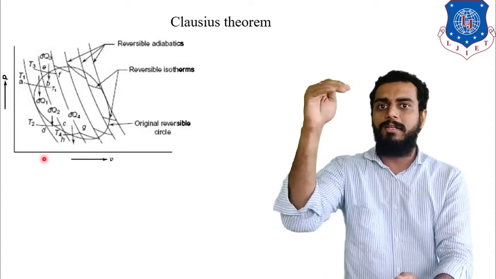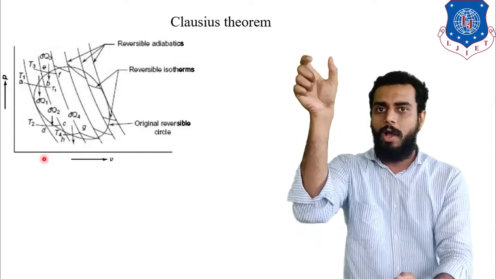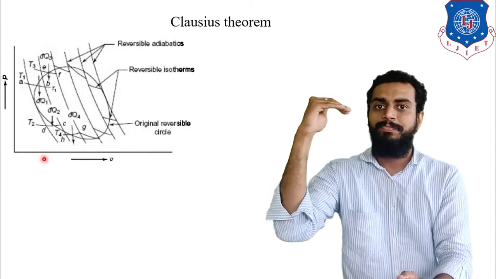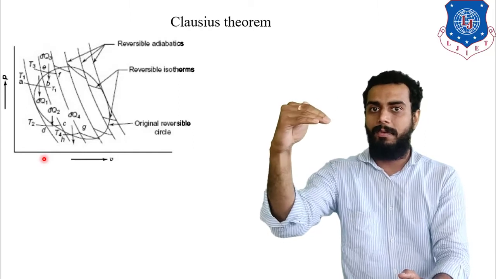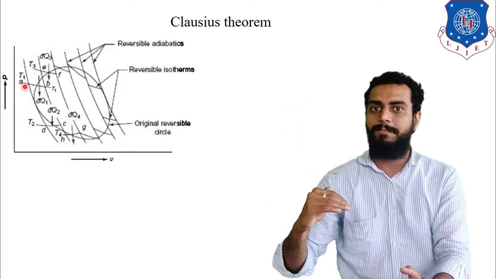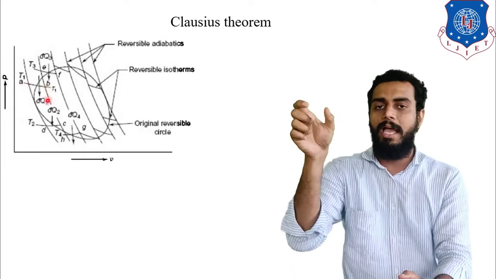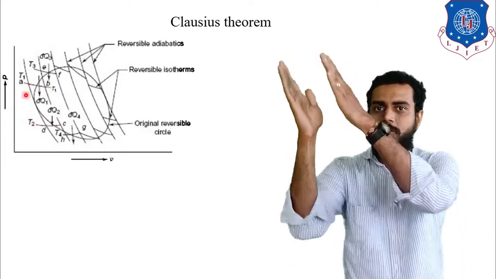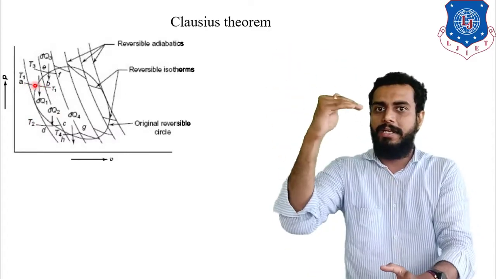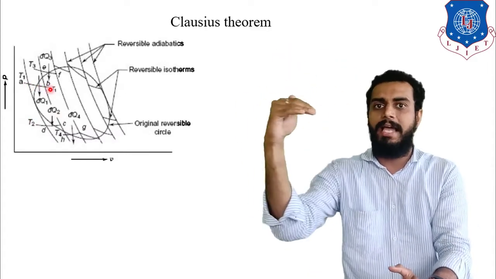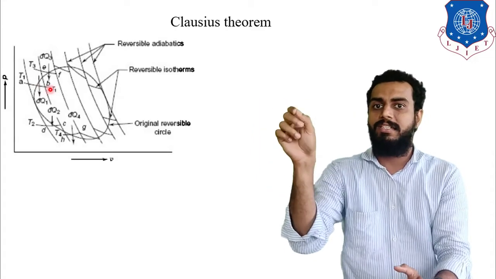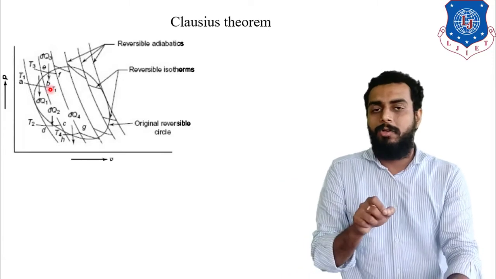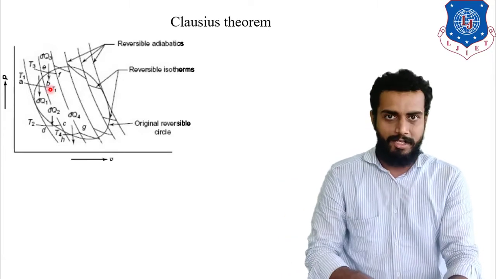I will cut the top two parallel strips of reversible adiabatic lines with a reversible constant temperature, or reversible isothermal, process. In the same way I will do that procedure for the bottom side also. I hope you can see that the top side is written as AB. Two lines are going like this and we are cutting the two reversible adiabatics by a reversible isothermal. So that is denoted as A and B. In the same way, for the bottom part you can write C and D as the nomenclature.